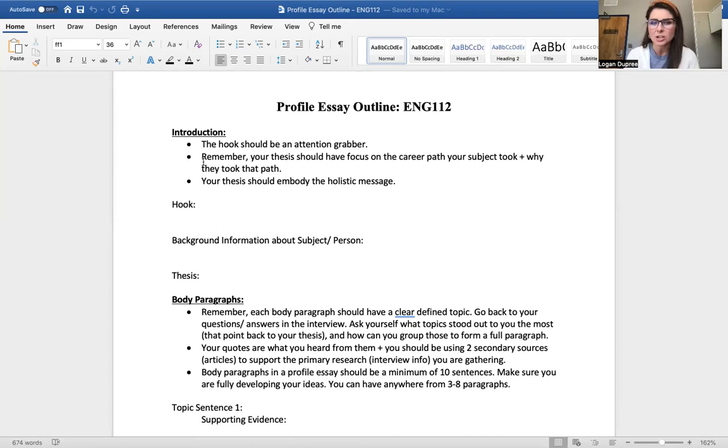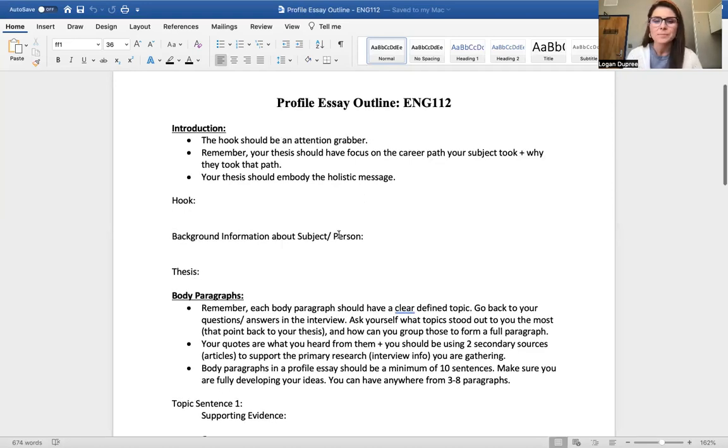So let's take a look at our introduction section. You have right here a hook. And remember, this should be one sentence. And the hook should be an attention grabber. When I read that, it should make me want to continue reading that essay. A lot of times students will put summary sentences there instead that give this holistic perspective. And y'all, that's just not a way to grab the reader's attention. So consider a really good sentence that aligns with what you're talking about, but make sure it really gravitates the